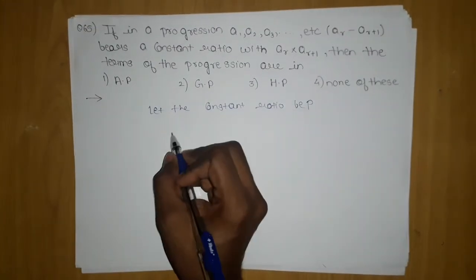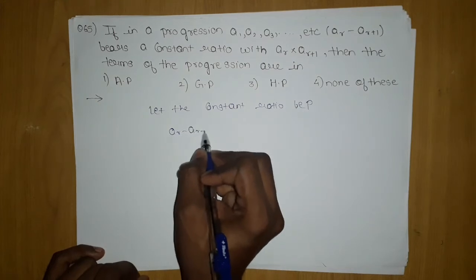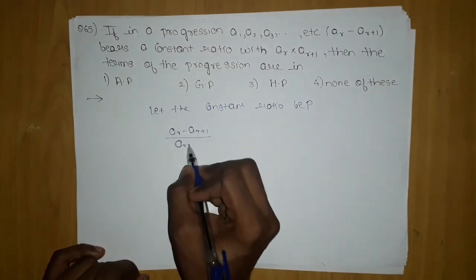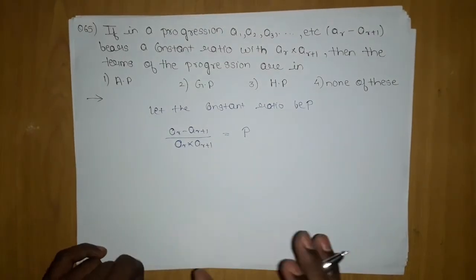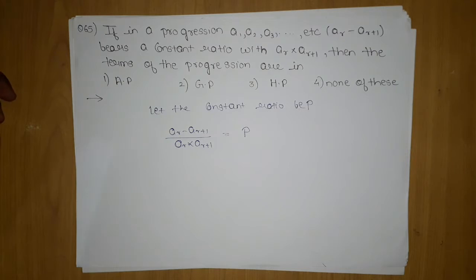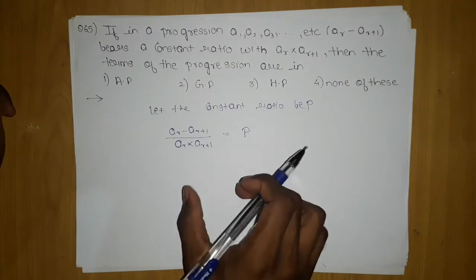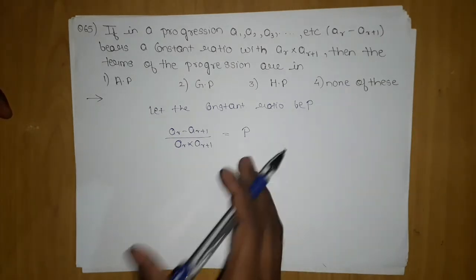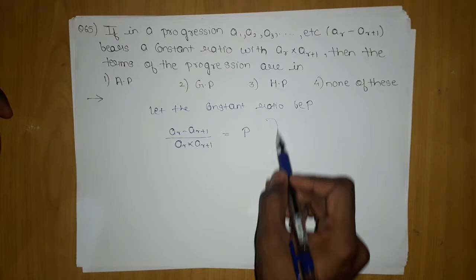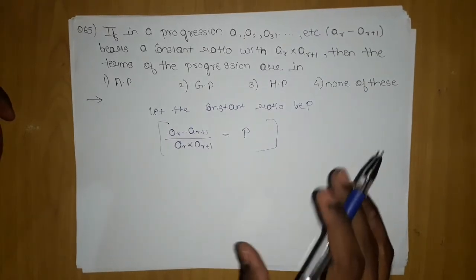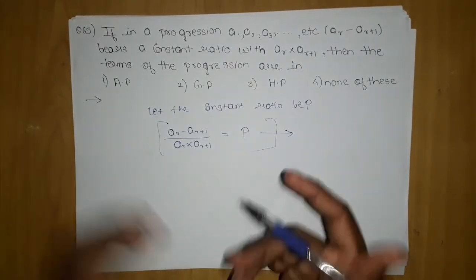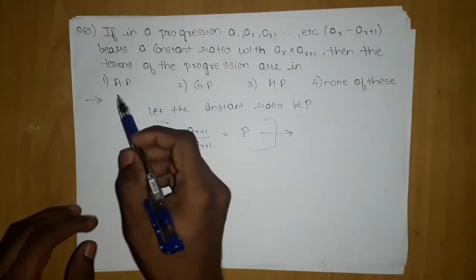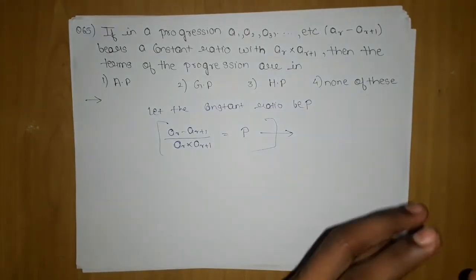Okay, so what they were given now is the condition (AR minus AR plus 1) upon (AR into AR plus 1) is nothing but a constant P. Fine. Now I will recall the previous things which we did in this chapter. If you are able to predict what I have written, or you had analyzed what it is after I have written this equation, then watching this lecture is fruitful to you. If you can see the answer, then watching this lecture is very useful.